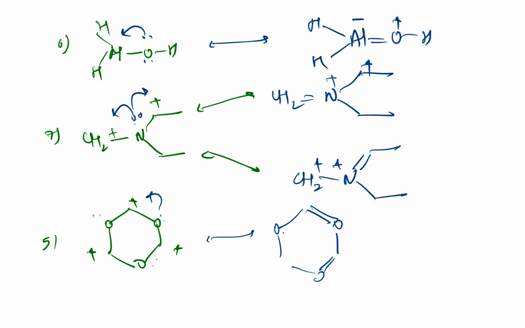So here there will be a lone pair over here, and the positive charge is on oxygen. So there are various types of examples of back bonding. Now, is it always possible with a p orbital? No, there might be some cases where it is with a d orbital. So we can type it as case six,